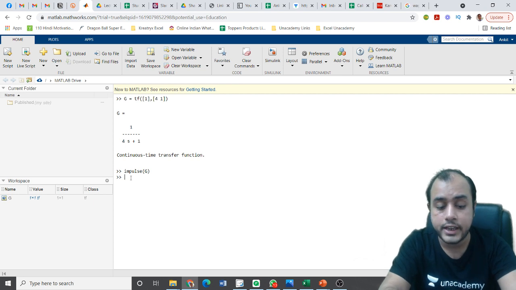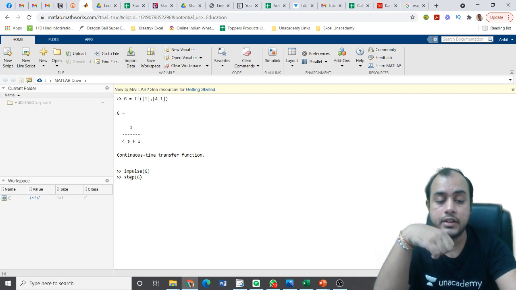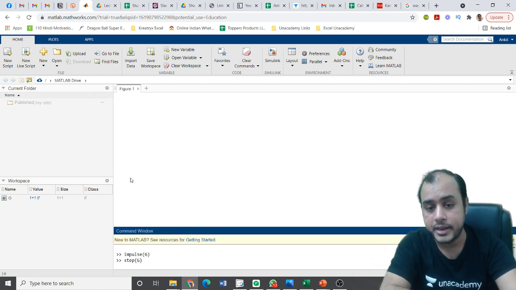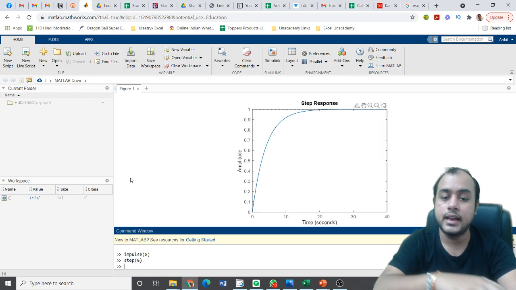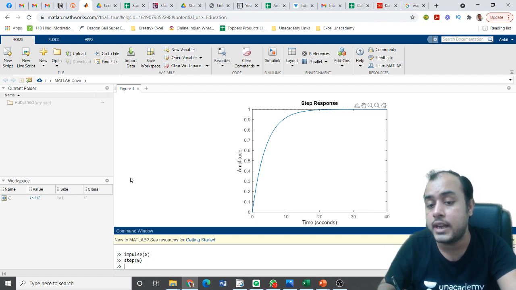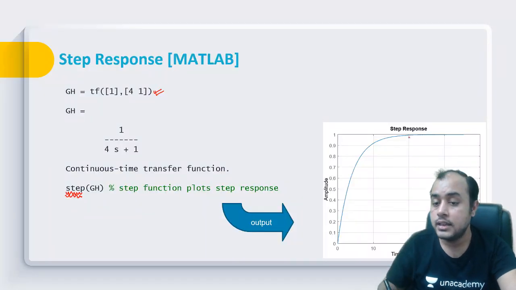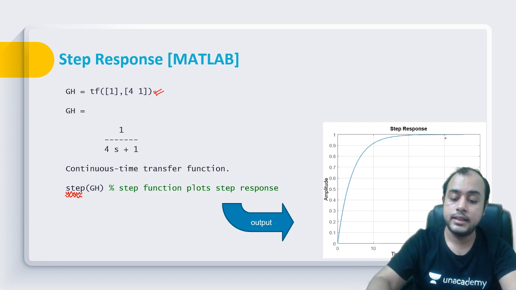So g is already fed, but now I will write step g. And we will wait for the graph to be displayed. See, the graph is exactly as I showed conceptually. From 0, eventually it goes up to unity.